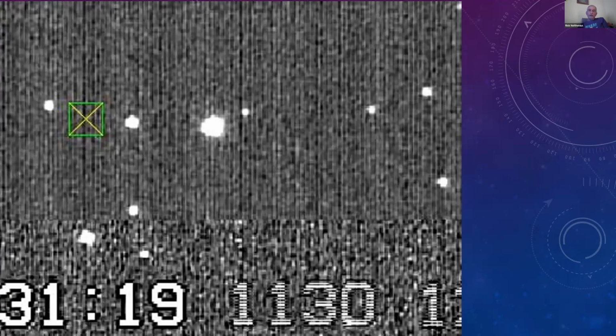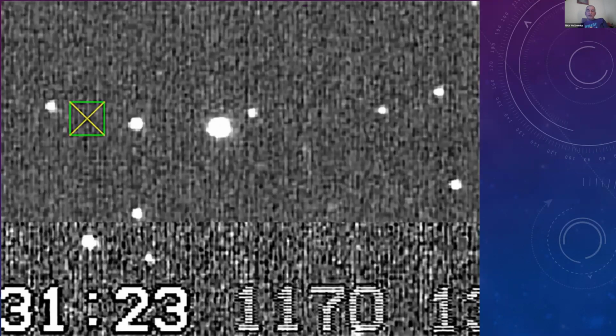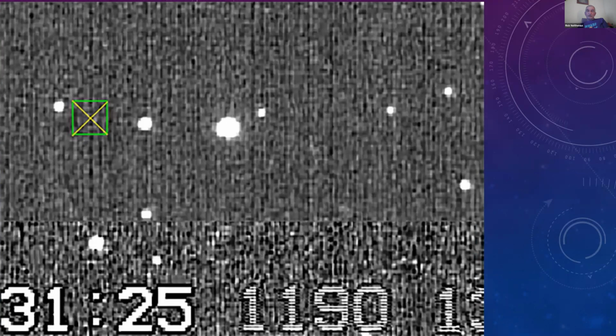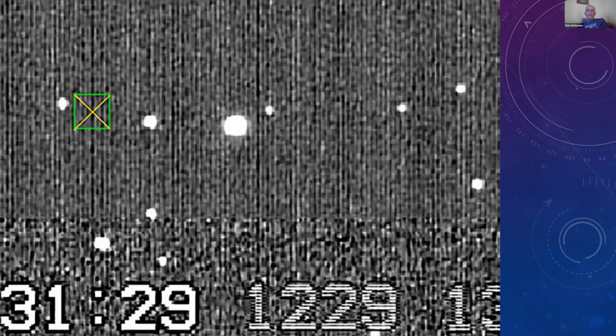The predicted time of the disappearance would be about 31:22, 31:23, 24, something like that. So we're getting pretty close to it. We're at 6 hours, 31 minutes, 19 seconds, so we're about 3 seconds away from the event. Not obvious whether it's still here. The position should be right about where my arrow is. It might already be gone. And I would say it's definitely gone now. And it stays gone.